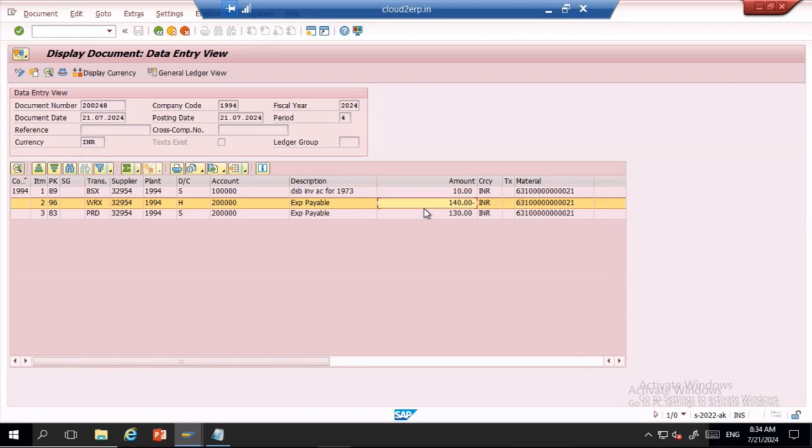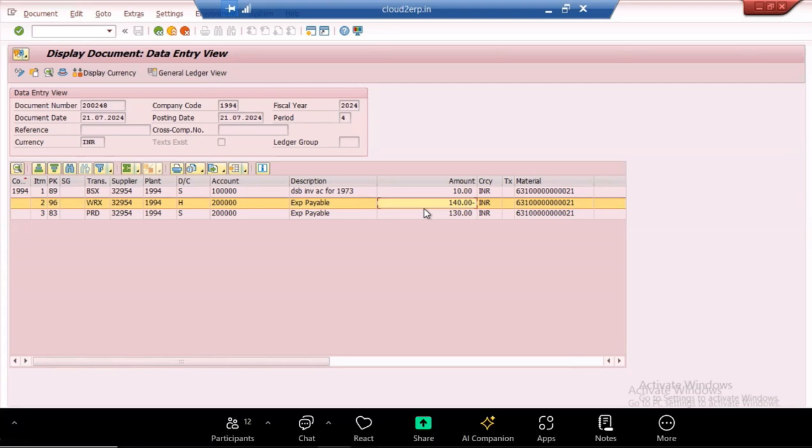Any questions? So this is how the pricing procedure works. So practice once or twice only, then you will be able to understand what are the each component, each configuration, what we have done. Because seeing once you